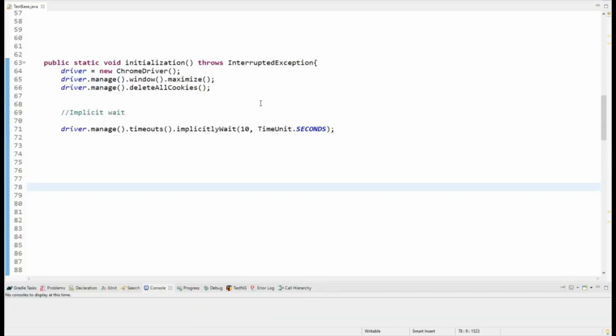As you can see here, I have initialized one driver, ChromeDriver, and here I have put the syntax of implicit wait. By default, it is 0 seconds, but here, as you can see, I have provided 10 seconds of implicit wait. So it is going to wait for 10 seconds before throwing any exception. And you only have to initialize this implicit wait once. The life of this implicit wait will be up to the life of the WebDriver. So that's all for implicit wait. Let's move to another one.